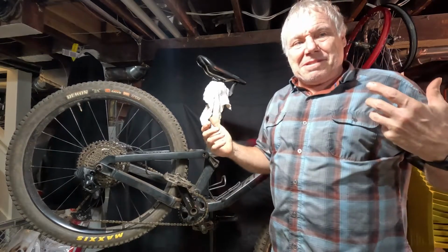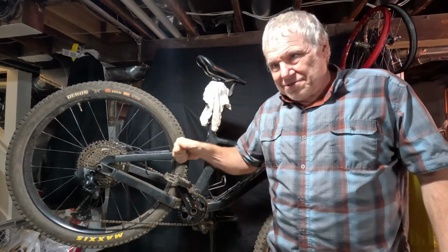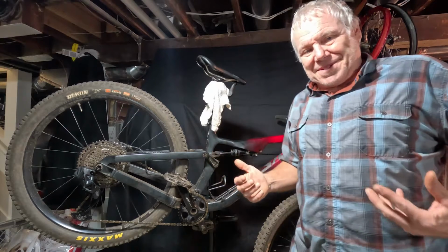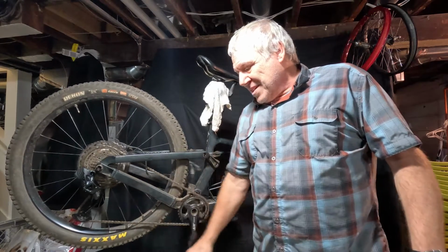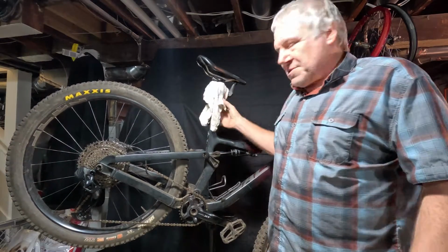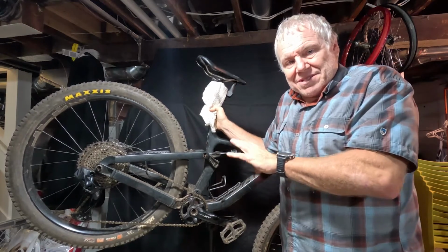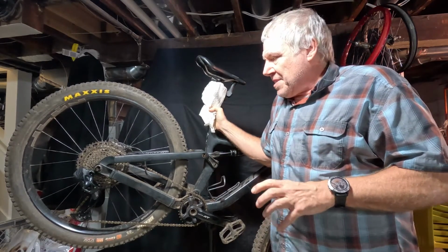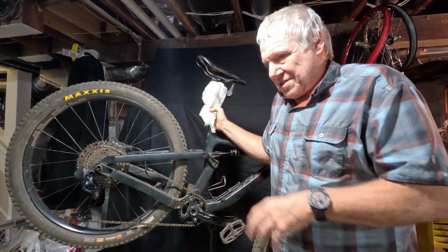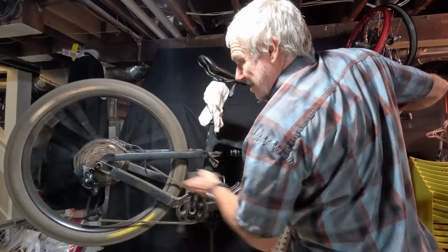So it's one of these things, I'll probably have to get used to it. I'll ride it, and I bet you I'll start to figure out how long I have to press and hold it to get into the gear I want. We'll see. I mean, I'm pretty stoked on this and playing around with it. I will get out before winter on this. I'm hoping tomorrow, the weather's supposed to be pretty decent, to get out and do an initial riding review on this and tell you how I like it, because I'm excited to try it and see how I actually like it on the trail. But I'm really liking the options, and